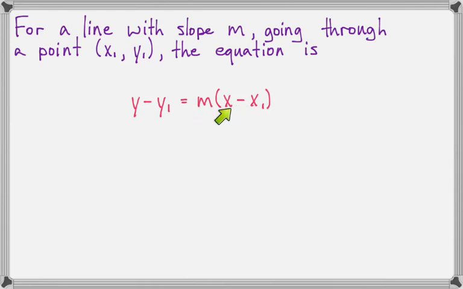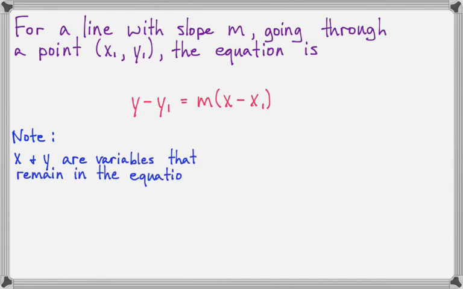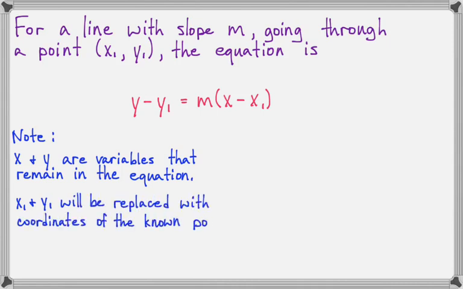So remember, the x and the y are variables that we leave in the equation, and x1, y1, and m are all holding the place of some numbers that we will know when we get the problem. x and y are variables that remain in the equation. x1 and y1 will be replaced with coordinates that we know,